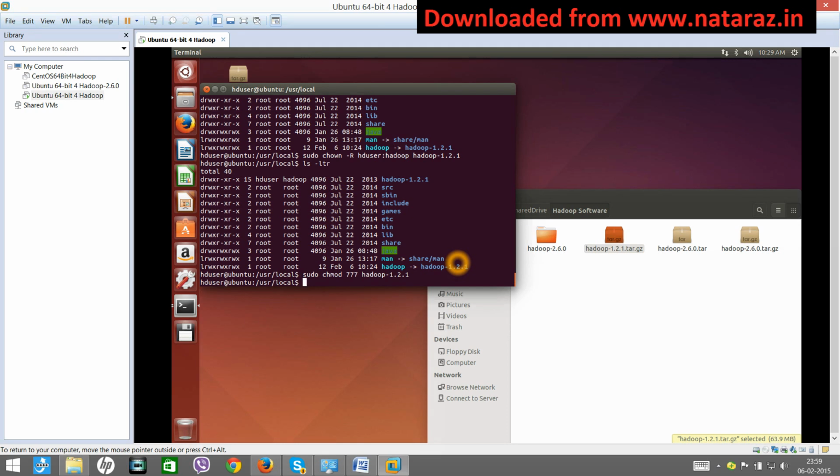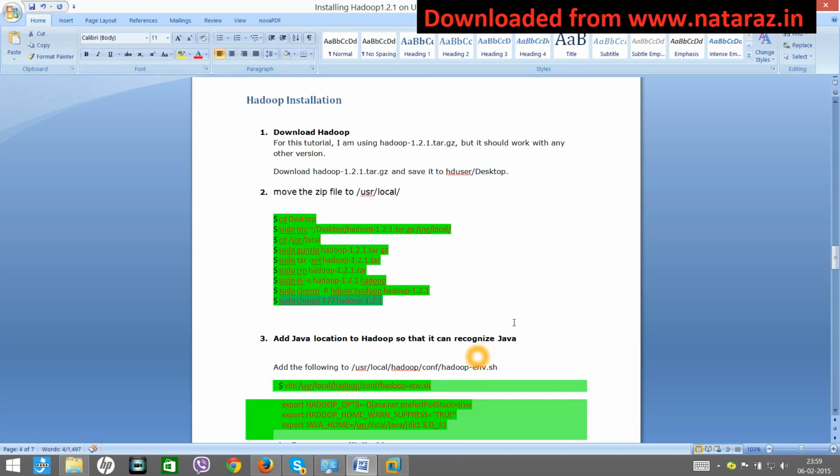While untarring it, the owner of the folder was root only, so we changed the owner to hduser of Hadoop group. We also created a symbolic link, and now we have given all permissions so that everybody can access these folders. Done.